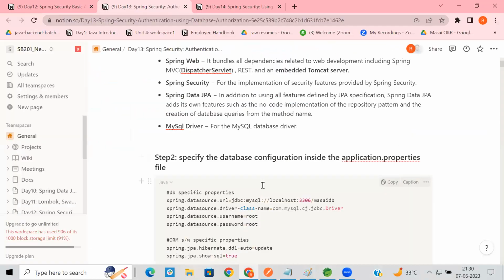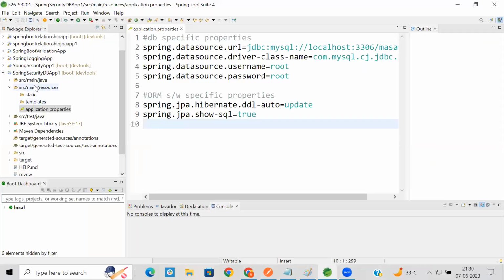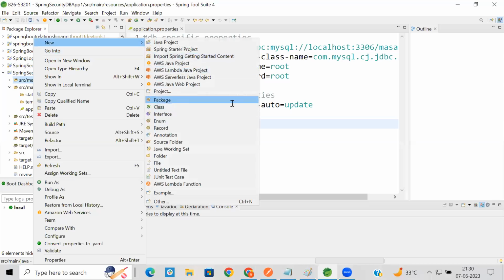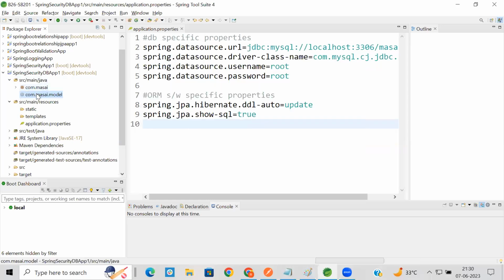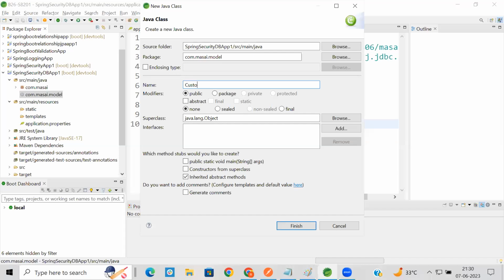Now the next step is what? Here, this is the step number 3. We are going to create a customer entity class inside com.masai.model package. So let's create this class here. I'm creating one package. SRC main Java new package model. और इस पैकेज के अंदर एक क्लास बनाते हैं हम, that is Customer,